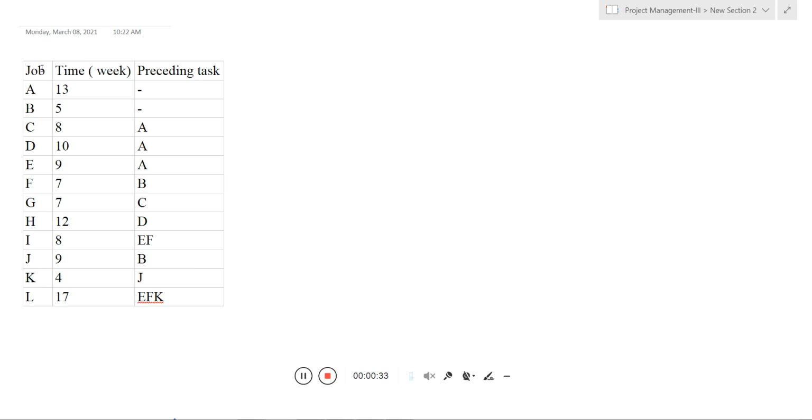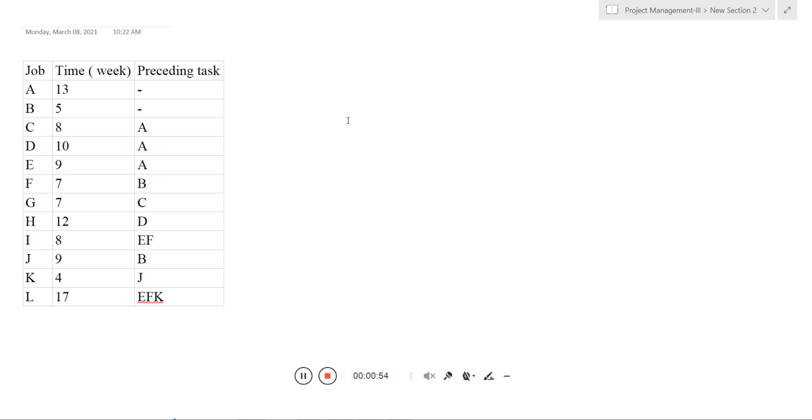the network diagram. Now here the activities are A, B, C, D, E, and with respect to that the preceding relationships are given, and you need to make a network diagram. That is somewhat difficult compared to the previous sum. So I will try to make the network diagram for this particular activity quickly.